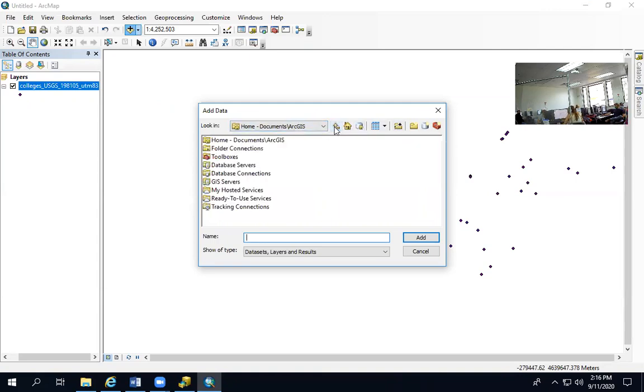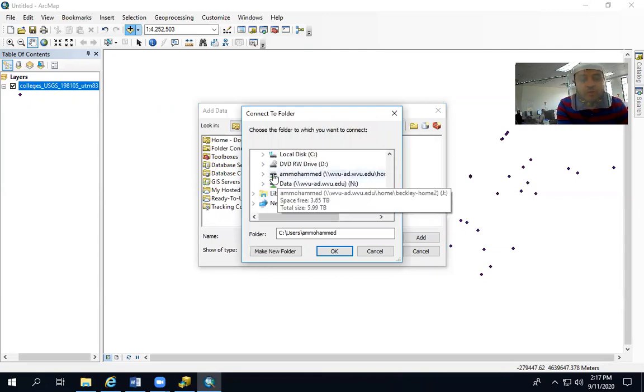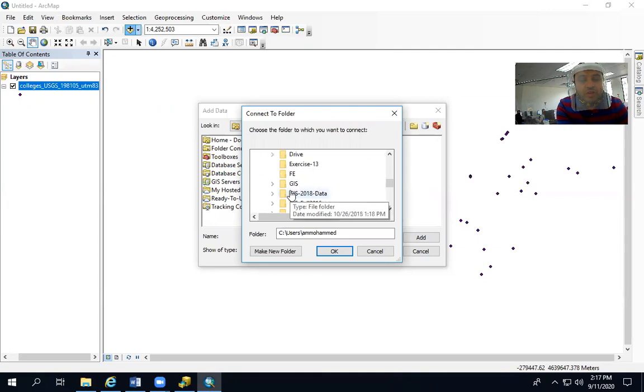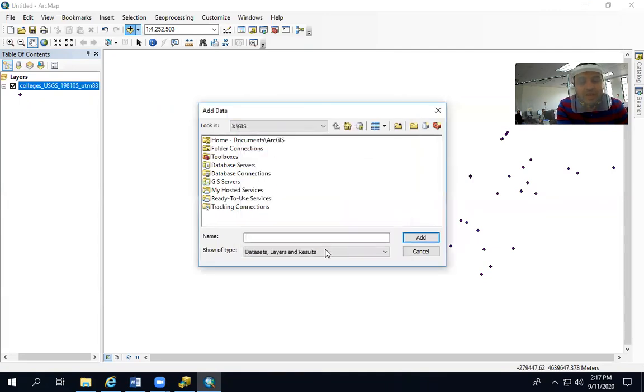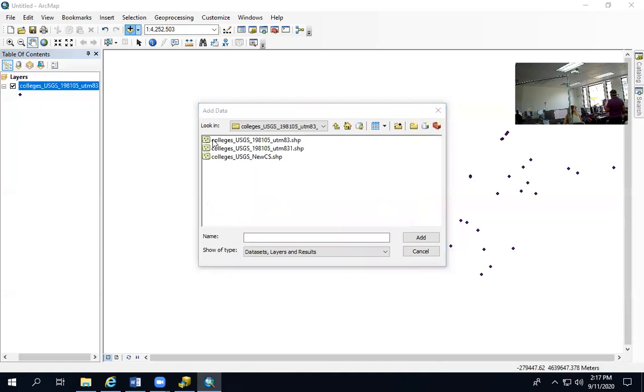So I'm going to go up. It seems I don't have it. So again, you need to connect the folder. I'm going to go to my PC, wherever I put my folder, here. GIS, click OK. So I have now GIS. I have all the folders. I'm going to go to Lab 2B. And it's harder now because I'm doing it file by file. So I'm going to go folder by folder, and I'm going to start adding the data together into your